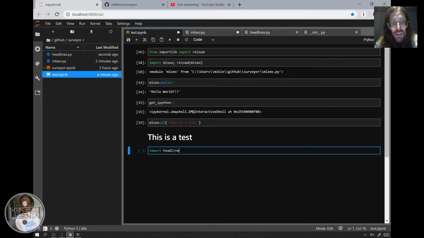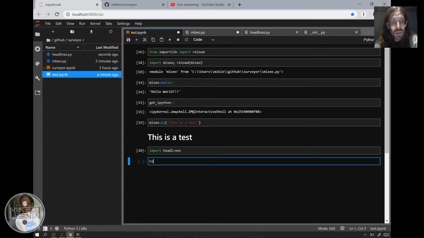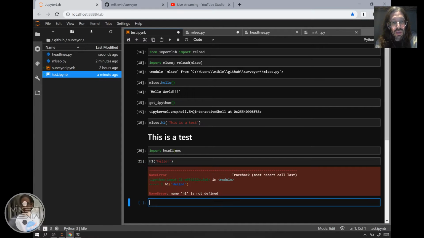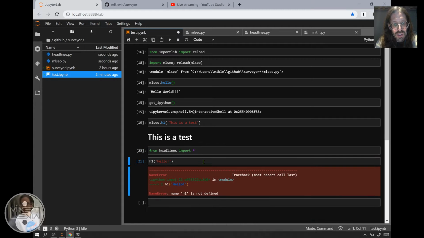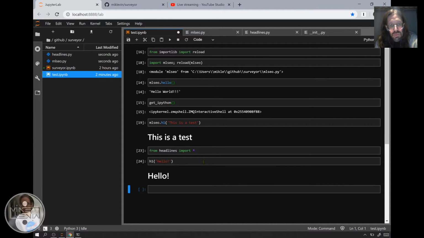import headlines, and now we can do hello without the namespace. H1 was not found. Import headlines. Import asterisk from headlines. From headlines, import asterisk. There we go. So we can move this up here,